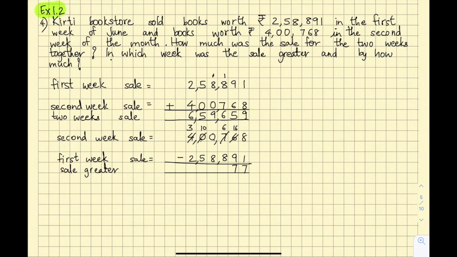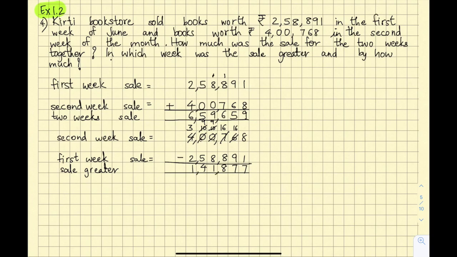But we have to give to that 0 so that it can give to this 6. So this becomes 9. This becomes 10. But this has to give to that 6. So this becomes 9 and this becomes 16. 16 minus 8 is 8. 9 minus 8 is 1. 9 minus 5 is 4. And 3 minus 2 is 1. And then we place commas.